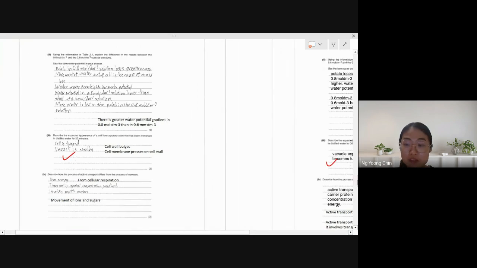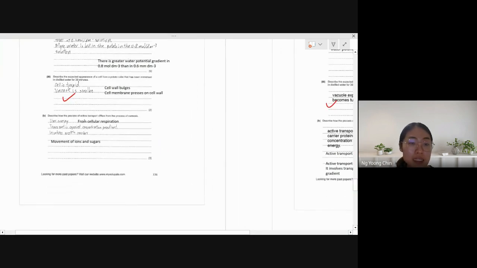And then for the last one, okay, how is active transport different from the osmosis process? So whenever the question asks something like this, that means you should write the points about active transport only, but not the osmosis. You see, the point is just about active transport. So your way to answer is correct. Okay, you say that active transport requires the use of energy. Okay, energy you can mention. Energy from where? So energy is produced from cellular respiration. Okay, in where? In the mitochondria.